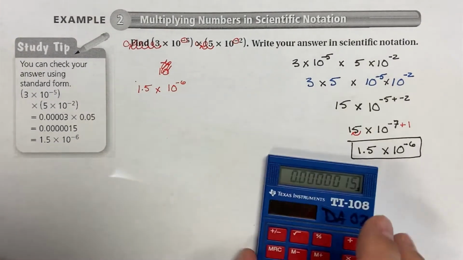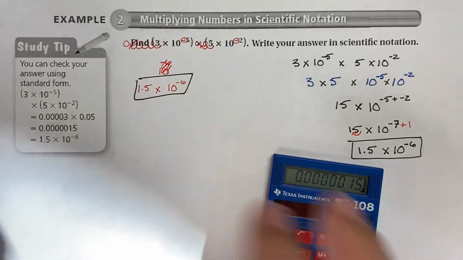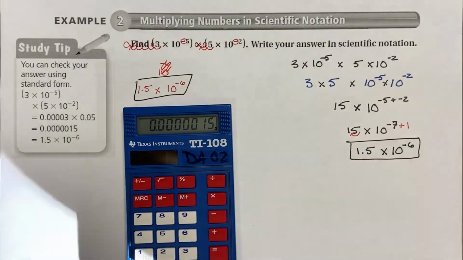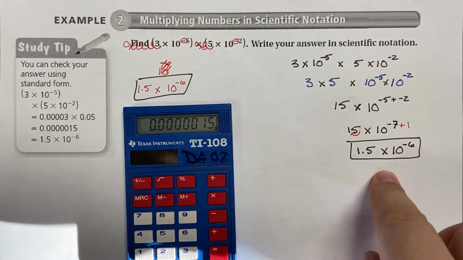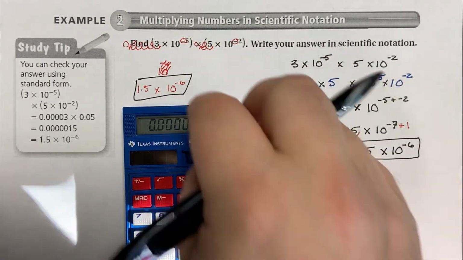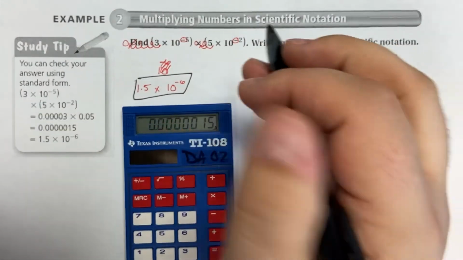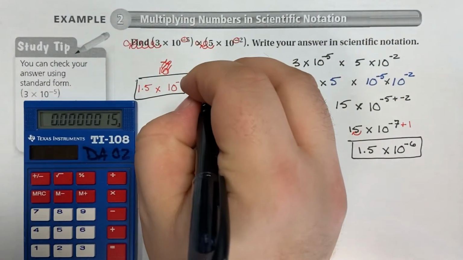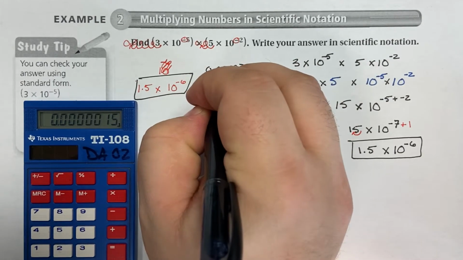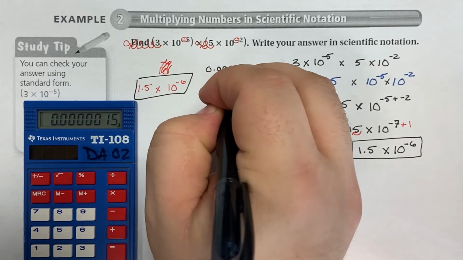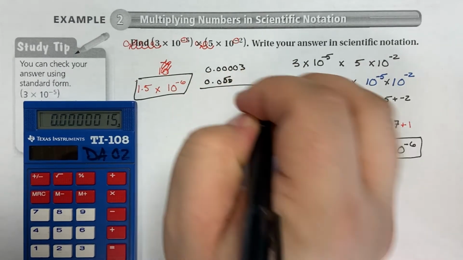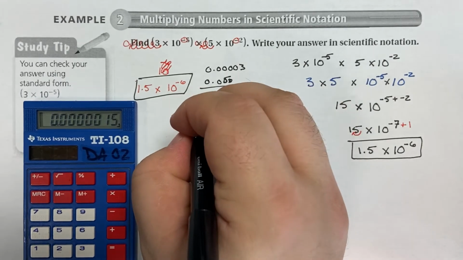So while I did get it over here, I look at this as a lot less messy. And if I'm doing it by hand, this is a lot neater. This is a lot more organized. This is actually a lot quicker, because if I was doing this by hand, I would have actually written out the 0.00003 times 0.05. Oh, I put that 0 in the wrong place. And then I would have had 0.1,